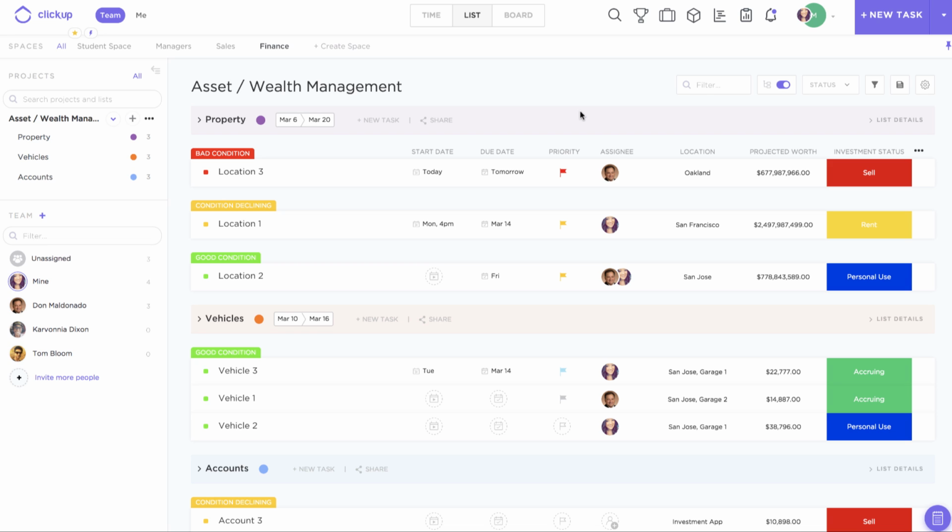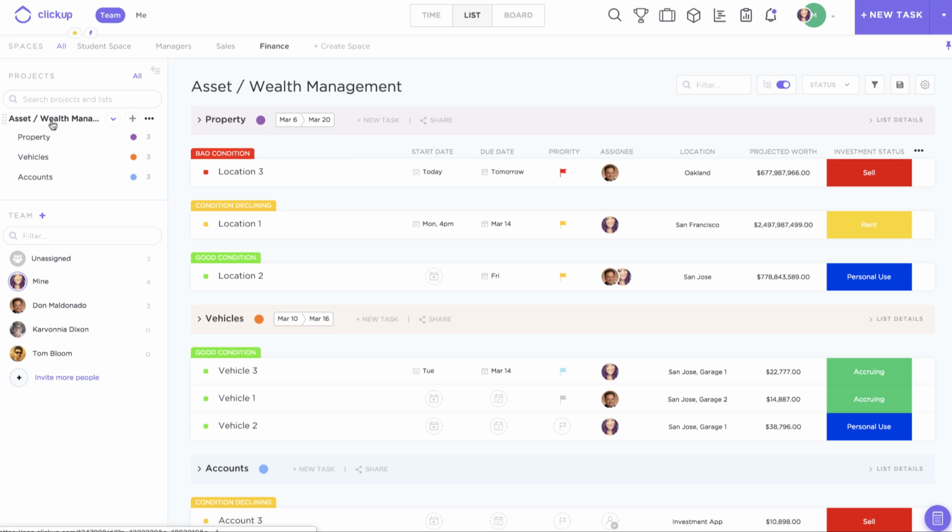So as always, when we get started, we need to start thinking about how to utilize the ClickUp hierarchy. I recommend creating one single finance space to manage all of this different work. And that's going to ensure that everything is in one cohesive place that you can come back to at any time. We also have a ready-made project template called Asset and Wealth Management that you can deposit directly into this